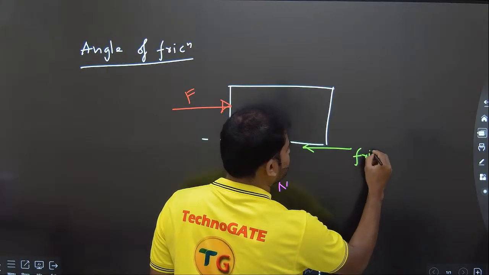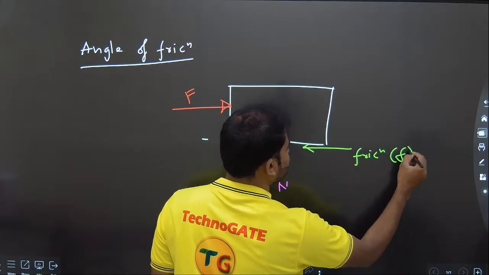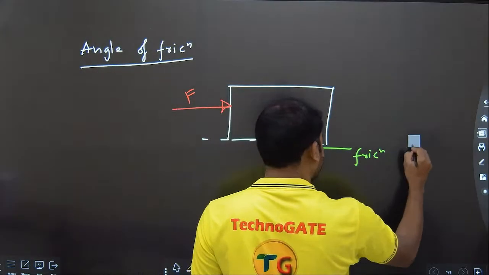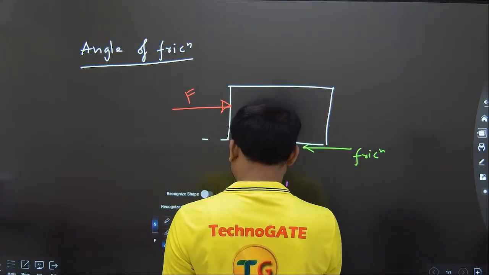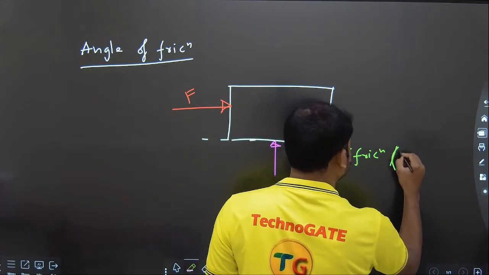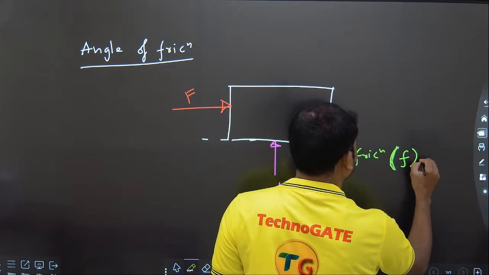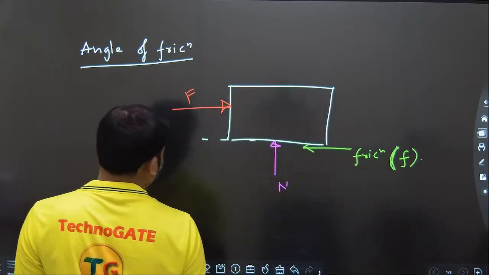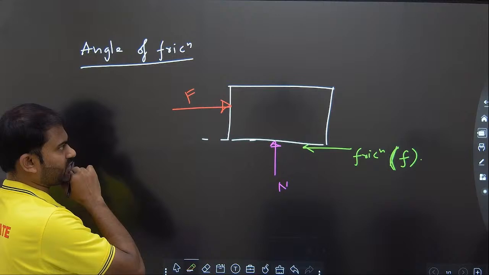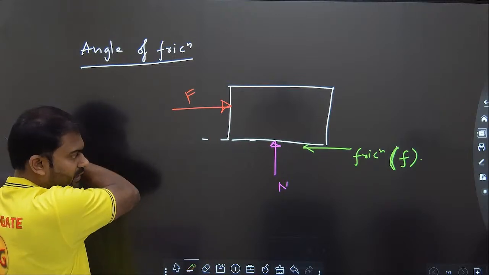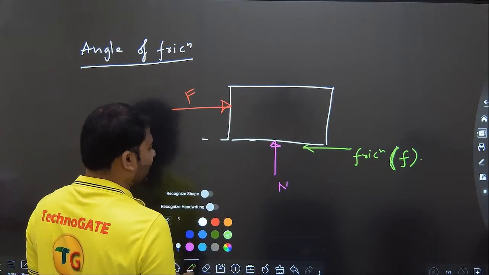So this is friction force. Let me put it as F. Let me put this as friction force. Okay na, friction force F. So there is normal contact force N, friction force is there, applied force F is there. Okay na? Now what happens is, if you extend these,